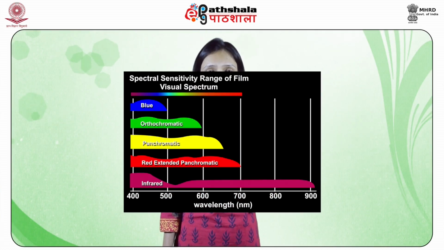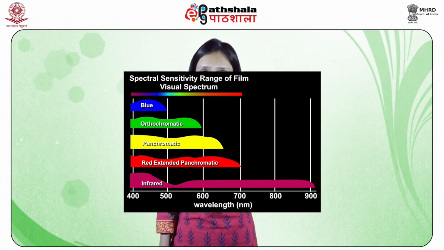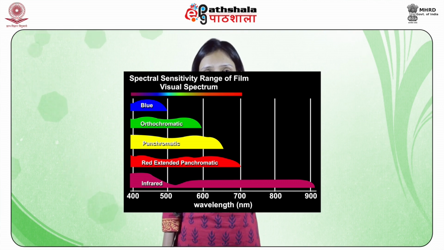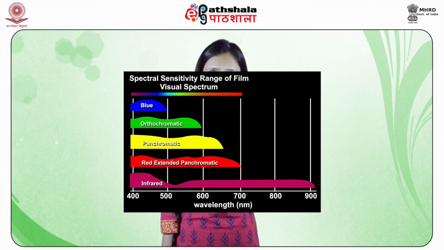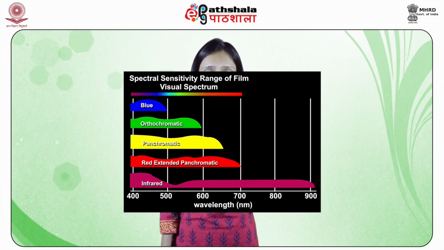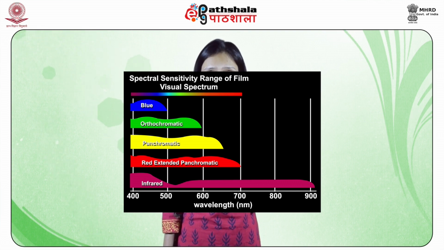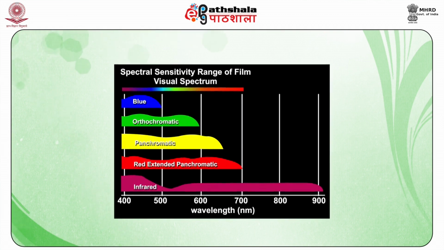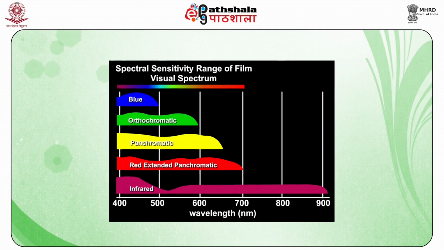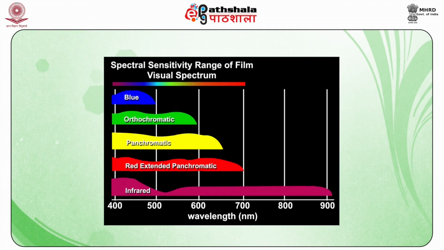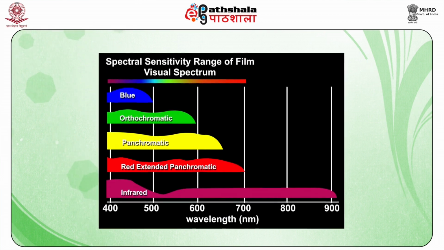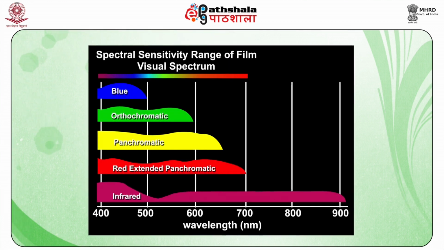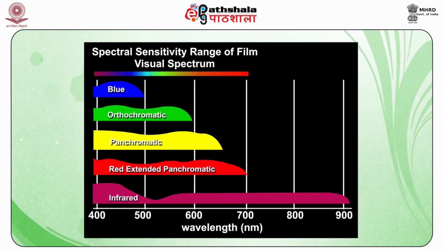Orthochromatic. This emulsion is sensitive from violet to green region of the spectrum and hence can be handled in deep orange light, which is safe for the film. Next is panchromatic. This type of film is all color sensitive, that is, it responds to all the colors of the spectrum even up to ultraviolet rays, so it should be handled in complete darkness. Next is infrared sensitive. This type of film is sensitive from ultraviolet to infrared region of the spectrum.